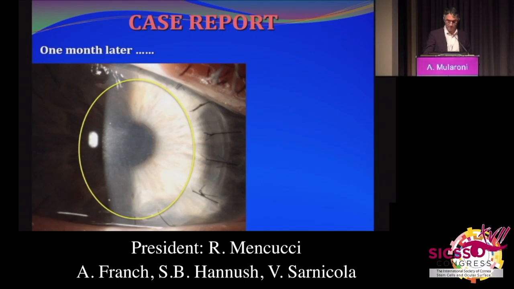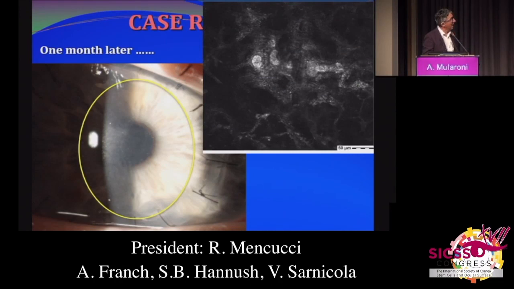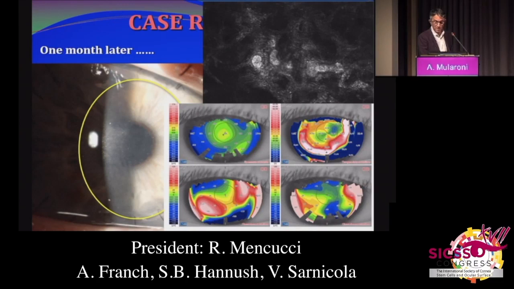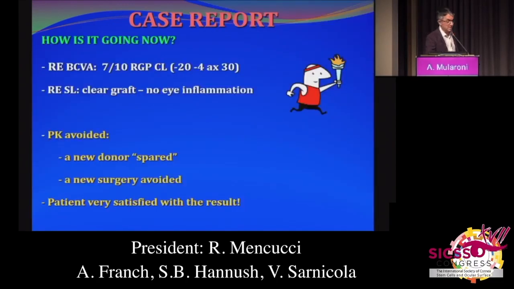The picture had resolved, the cornea was clear again, and to this date, even at the confocal microscopy, we don't see the lesions that we had identified as hyphae-like lesions, and this is the final clinical picture of the patient. You see astigmatism 7/10 with contact lenses, with the myopia that had remained the pre-op one,